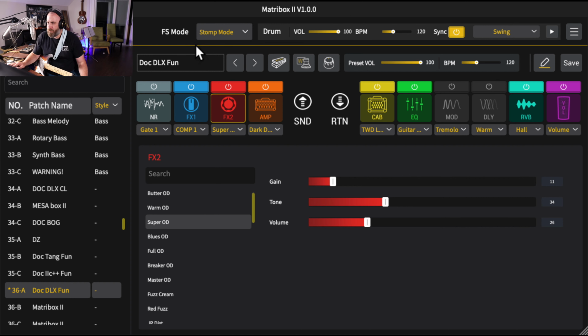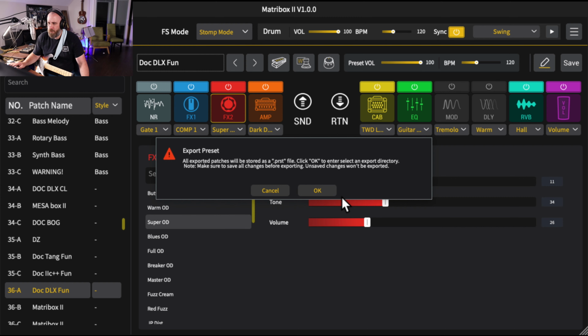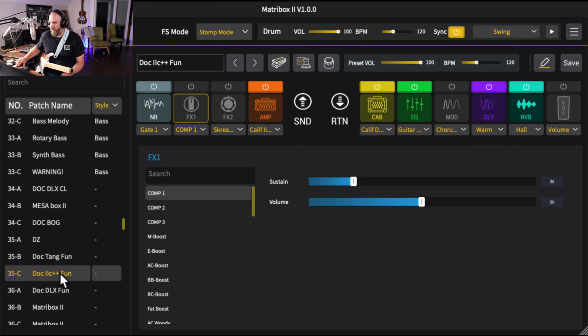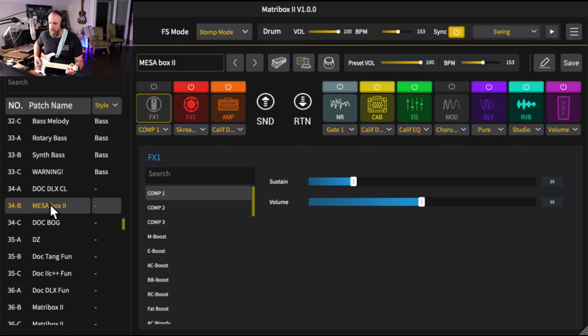Okay, that's pretty cool. What is this doing? Save preset. Yes, I want to save. Oh, export. No, I don't want to export. Let's go back to my 2C Plus. And here's the Tang Fun. Here's a Mezza,